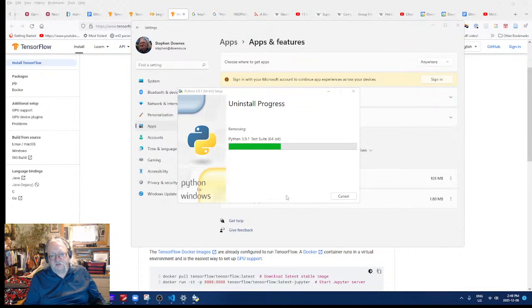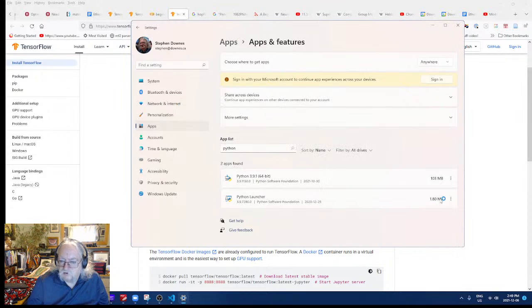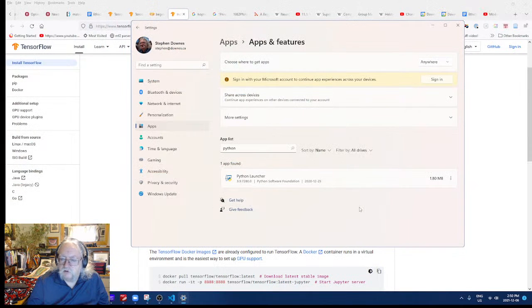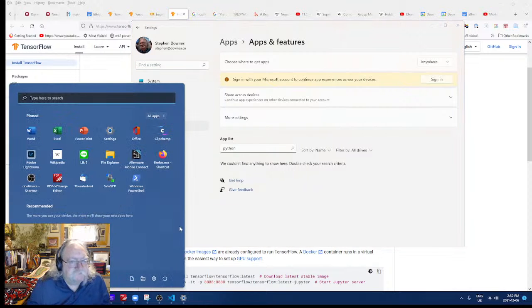Most people who do this stuff do it in Linux, and there are reasons for that. Okay. And let's get rid of this puppy too. Uninstall. All right. That should have removed everything. Okay. Now,